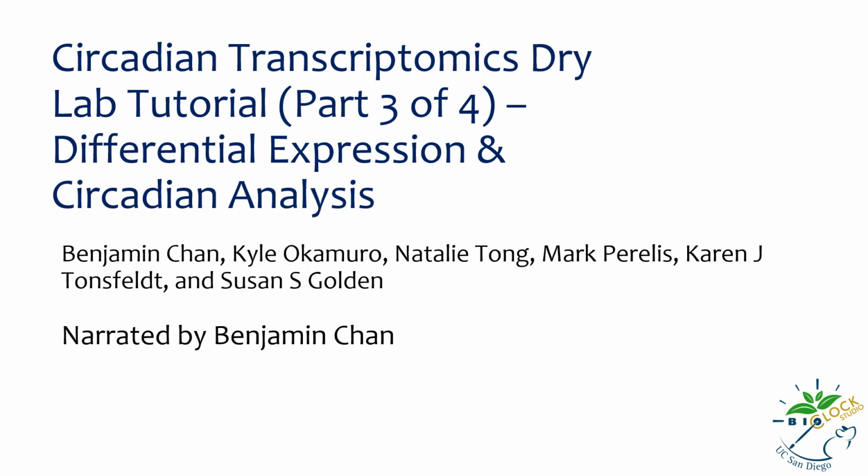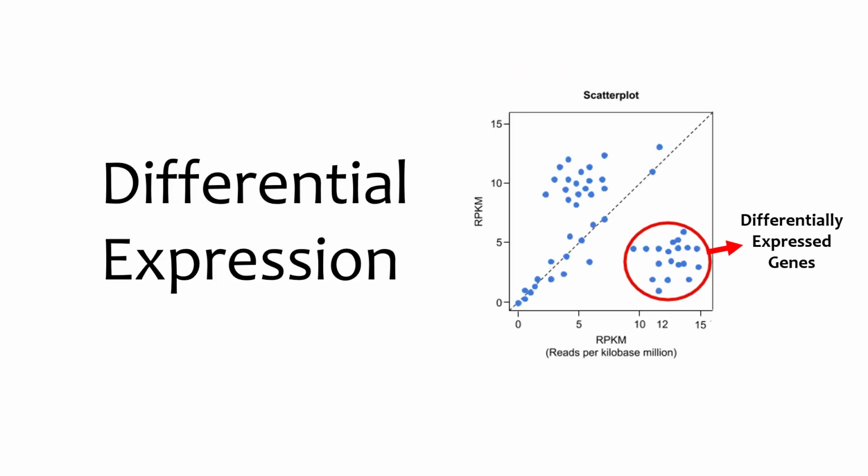This video will discuss how to analyze RNA sequencing data to discover the transcriptional basis of phenotypic differences in circadian biology. To identify the genes that may underlie circadian phenotypes, we employ differential expression analysis and circadian analysis. Differential expression refers to the comparison of changes in gene expression across two conditions, such as differing genotypes, tissue types,